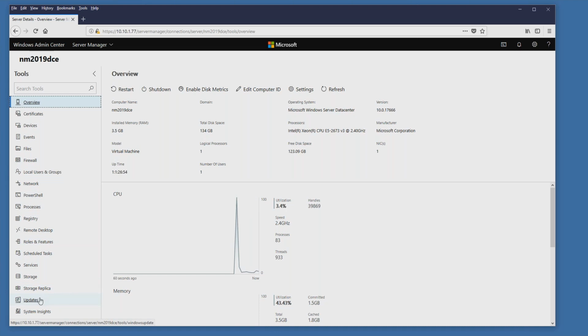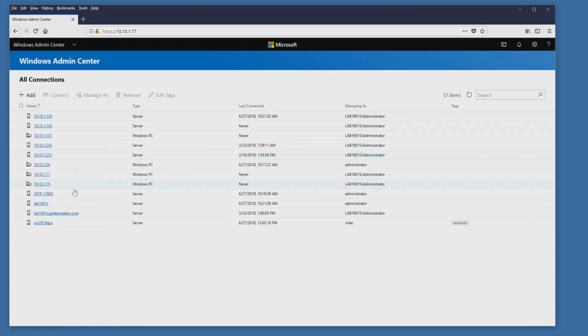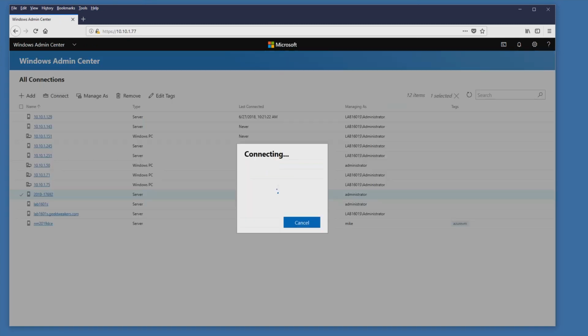I can even run updates, okay? And then, as a little treat, when we get to Server 2019, which this is build 17692, if you go into that,